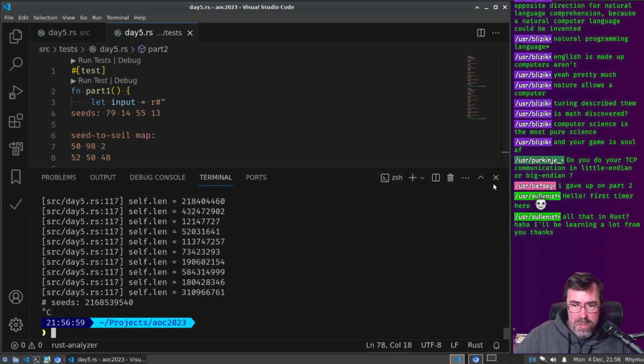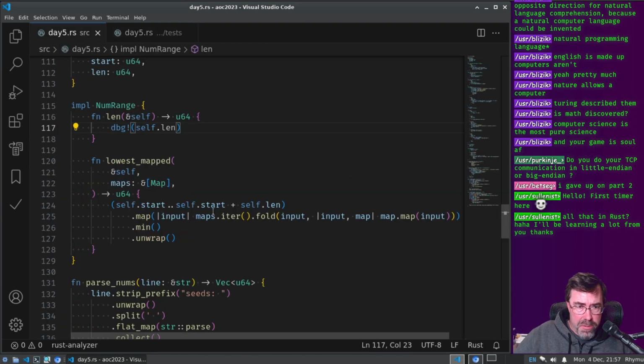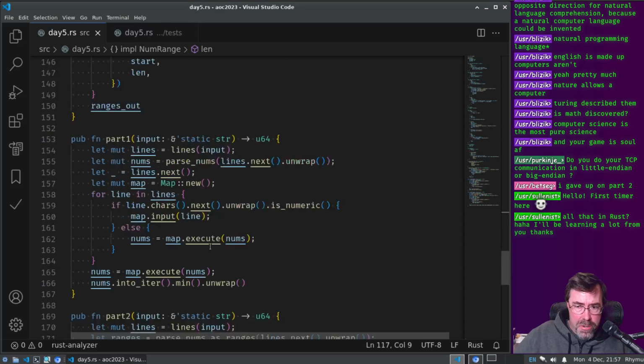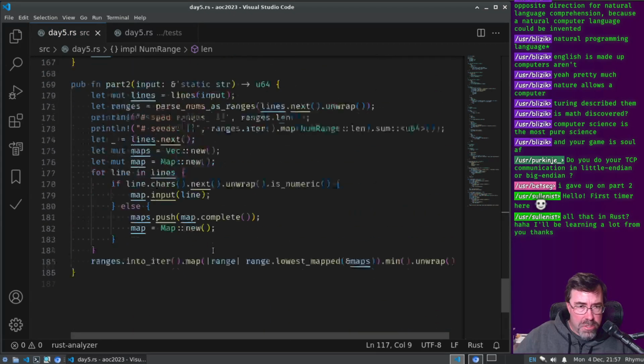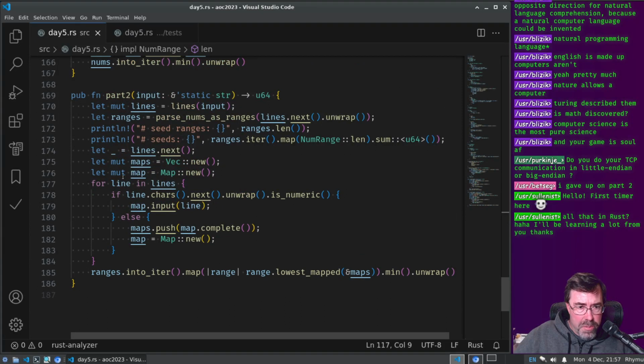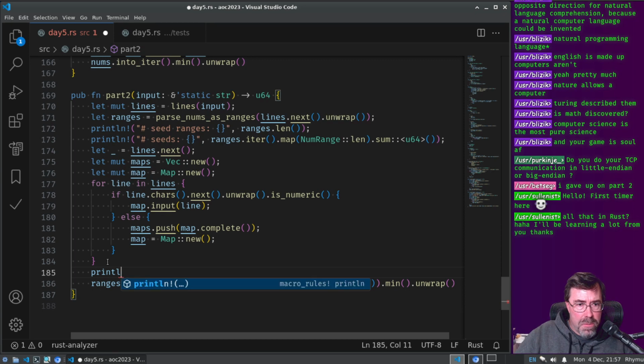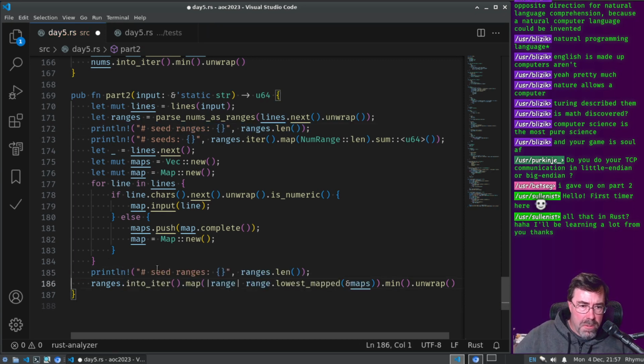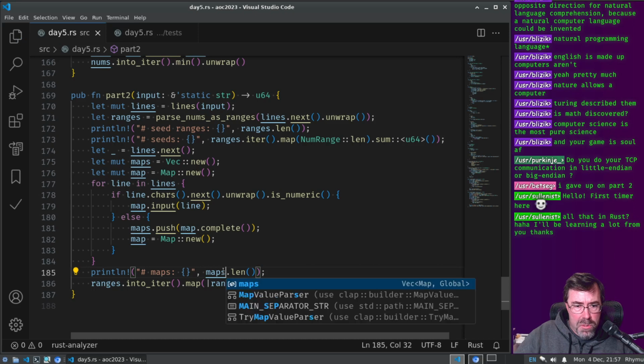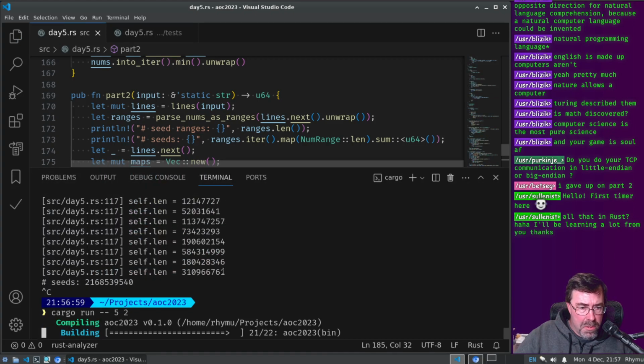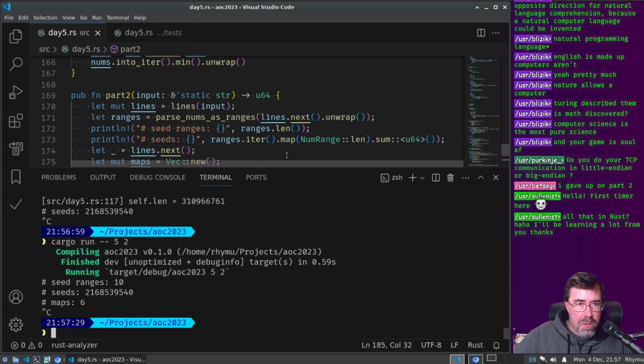So we don't know what's slow. We basically need to find the bottleneck and improve it somehow. So remove that. It's obviously not parsing those ranges, which I would be shocked if it was. So what if it's the map? Let's print line. Why don't I just print the number of maps? 6 maps.